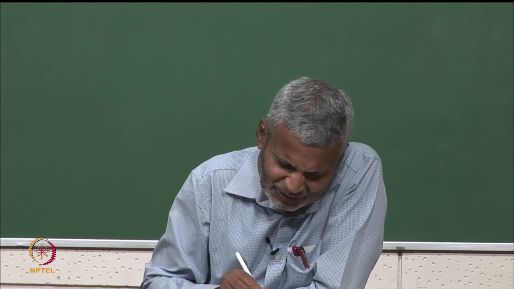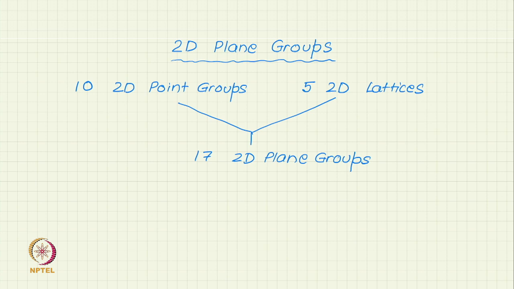We are now on two dimensional plane groups. We have not yet reached the plane group. What we have discussed is 10 two dimensional point groups. So, that should be all clear to you by now, that in two dimensions the only point groups, that is